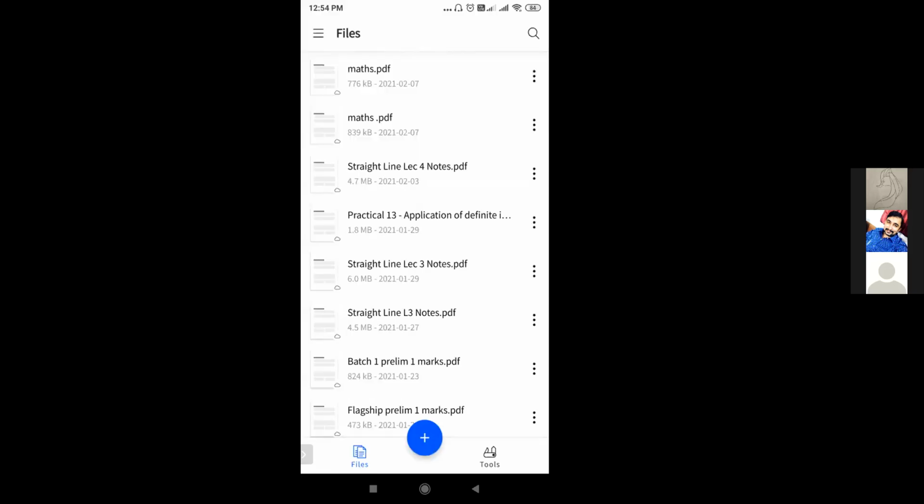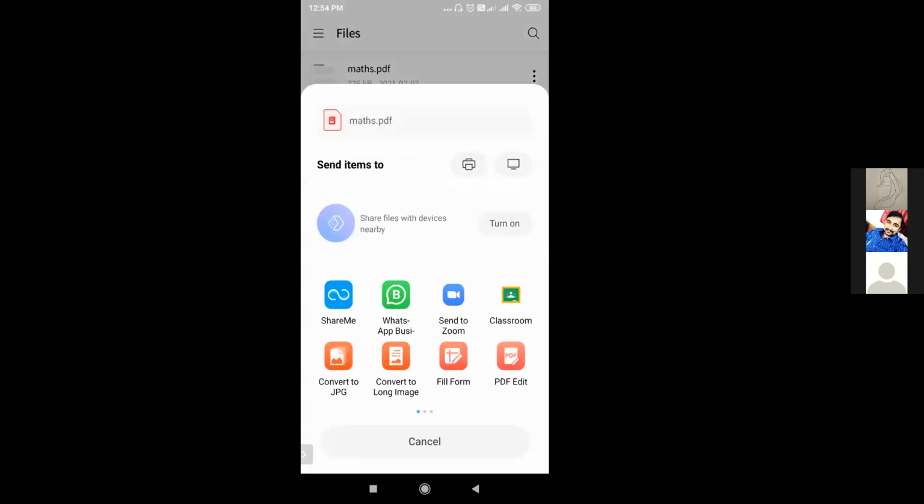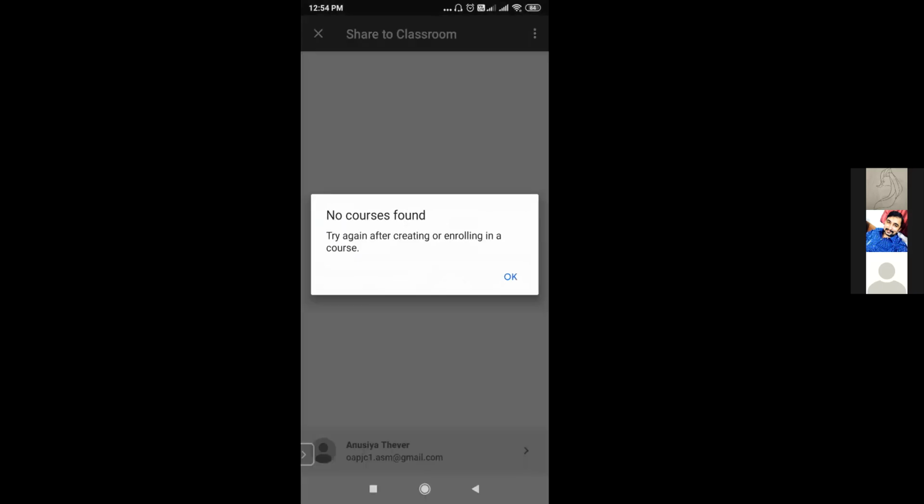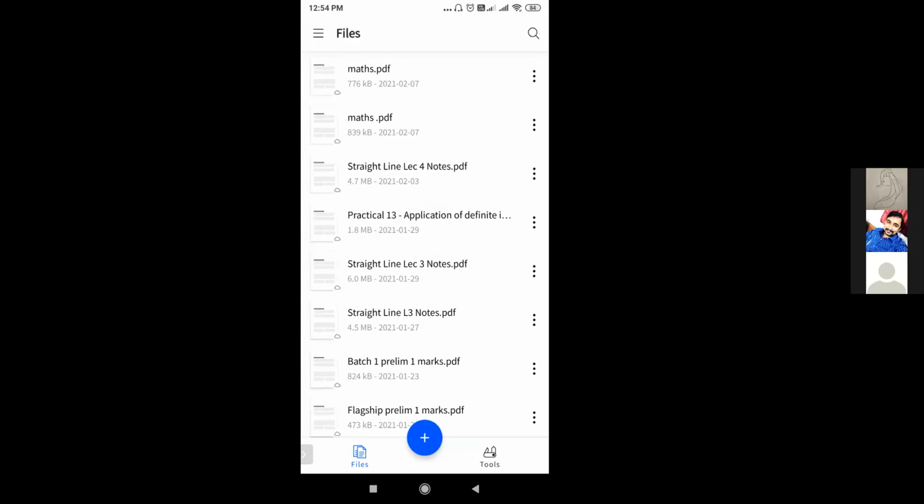When you click on share, you can directly go to Google Classroom and select the assignment, and you can upload into that.